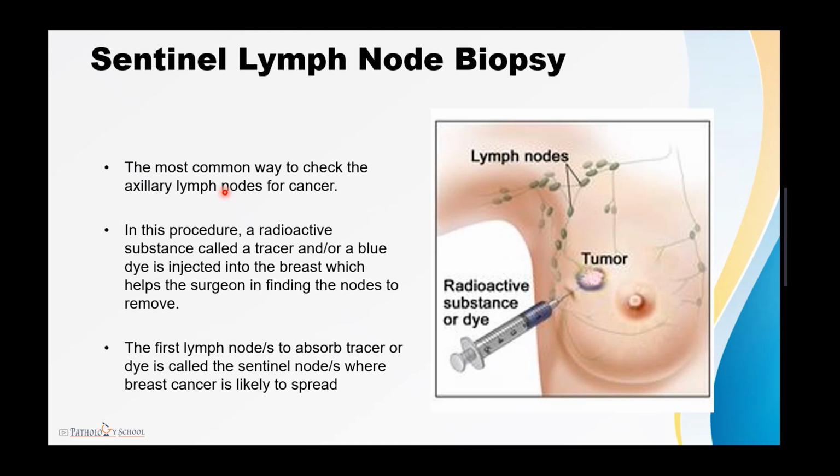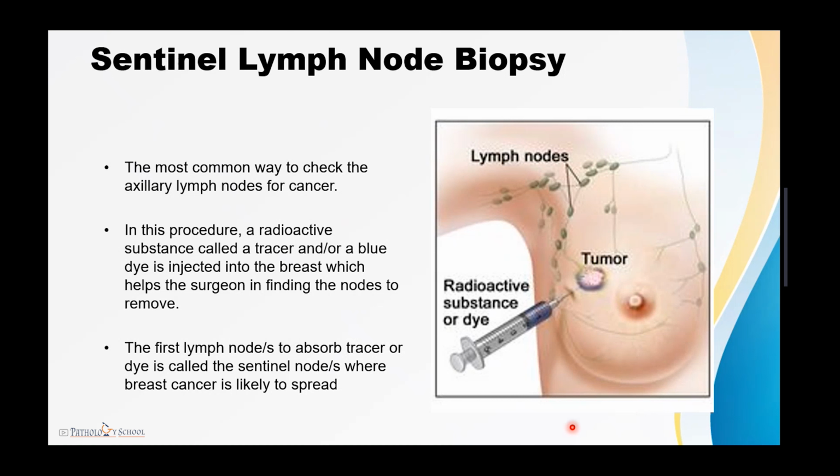The next important topic is sentinel lymph node biopsy, the most common way to check the axillary lymph nodes for cancer. In this procedure, a radioactive substance called a tracer or a blue dye is injected into the breast, which helps the surgeon in finding the nodes to remove. The first lymph node to absorb the tracer or dye is called the sentinel node, where the breast cancer is